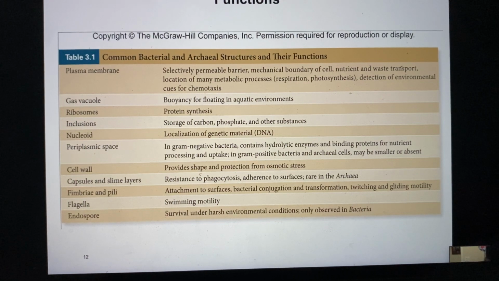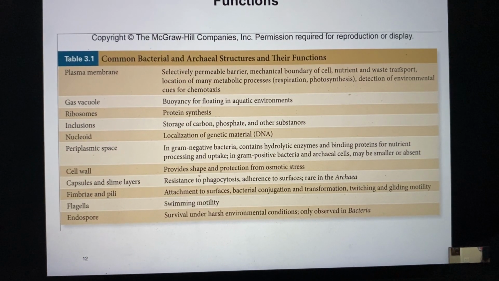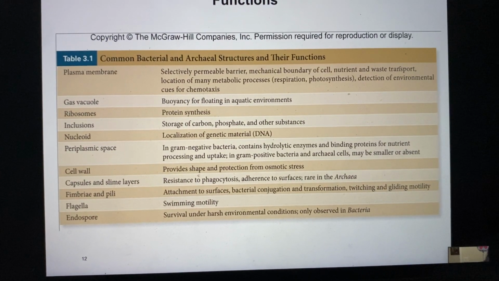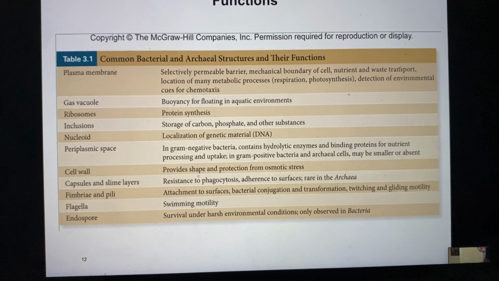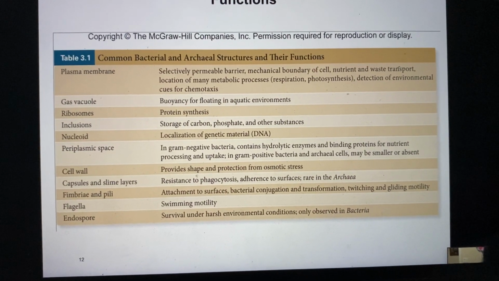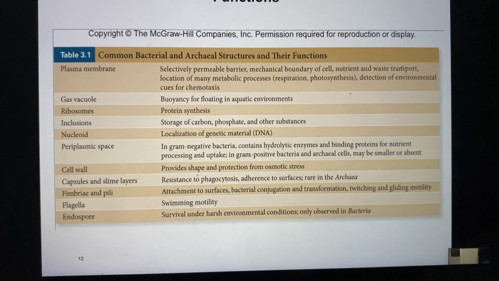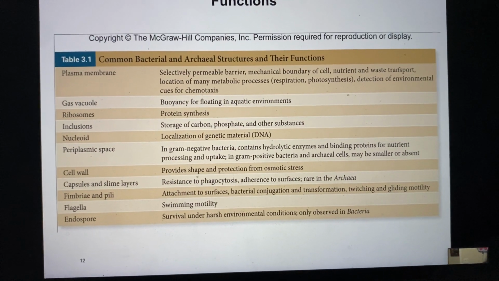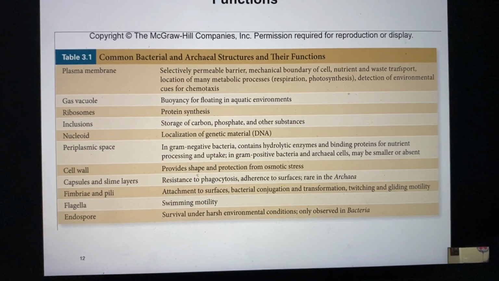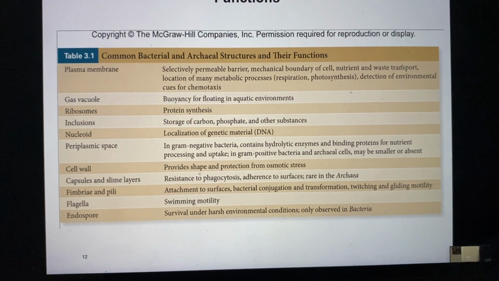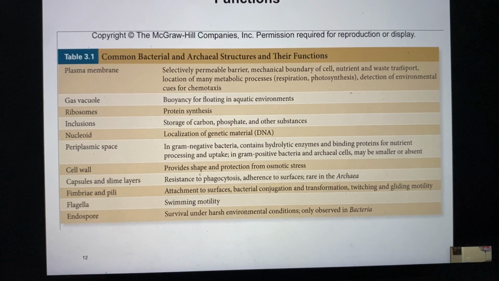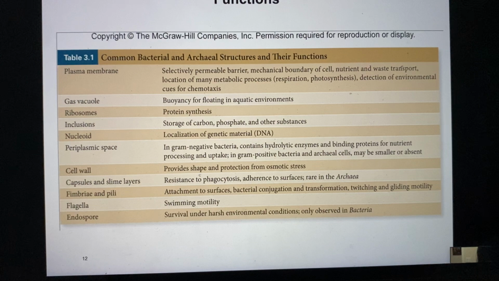Ribosomes, you're familiar with that word, are required for protein synthesis. Ribosomes of bacteria and archaea are just the same. They are 70S ribosomes, and we know that eukaryotic ribosomes are considered to be the 80S ones. There will be some inclusions in the cells of bacteria and archaea, which will be for storage of carbon, phosphate,